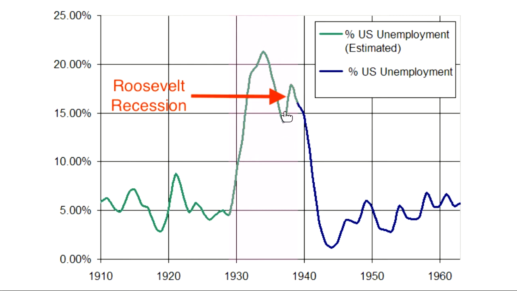Now, here you can see, oh, here's where the Depression really ends. And that is with the beginning of World War II. Even before the United States entered the war right around here with the attack on Pearl Harbor, the United States was already building a lot of armaments for Britain. So a lot of people look at that and say, okay, well, World War II is really what ended the Depression, not the New Deal. Therefore, the idea of stimulus spending is bunk.